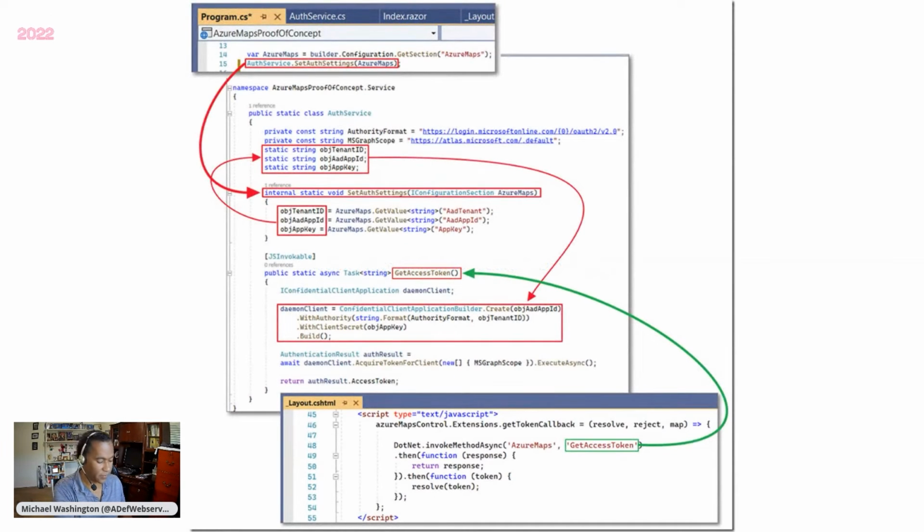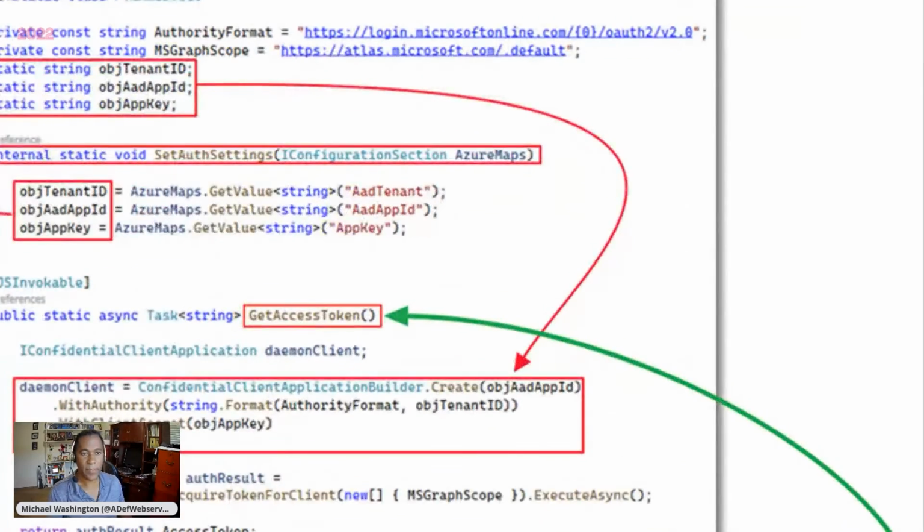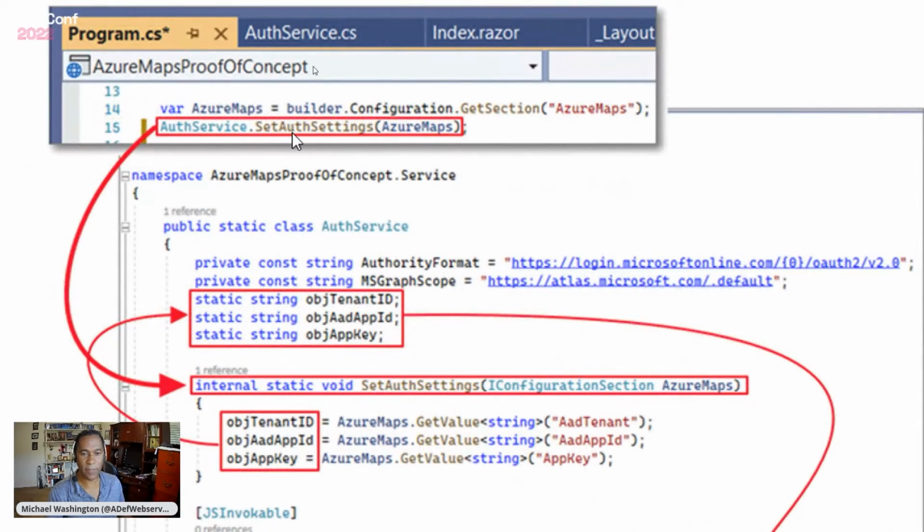Another look at this. This was up here in the program.cs file. We called that SetAuthSettings, which calls the SetAuthSettings that's in the auth service class. It then sets those settings.